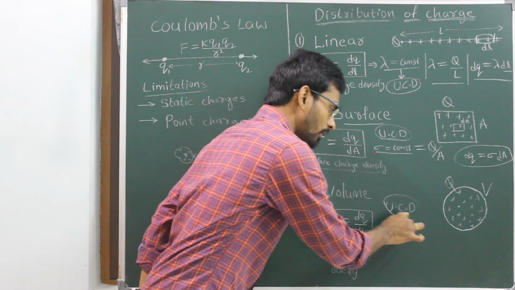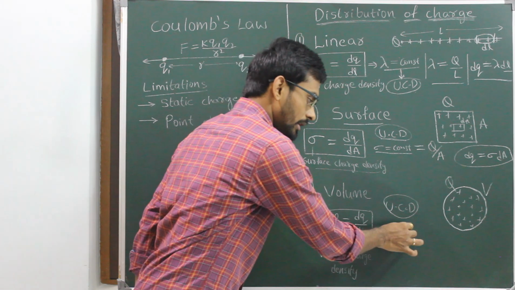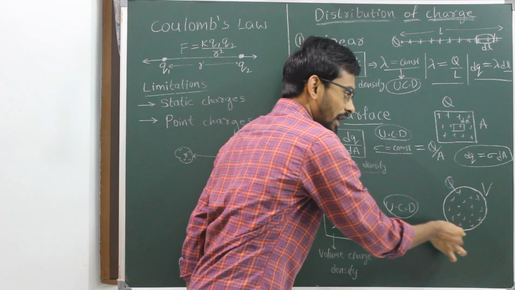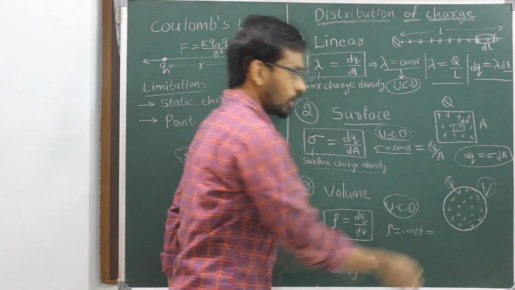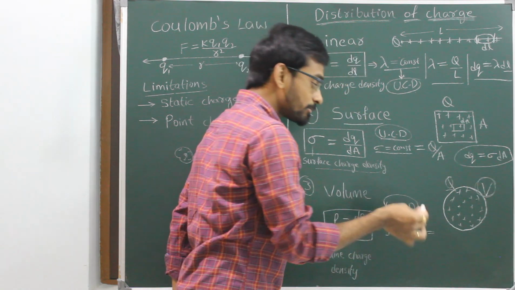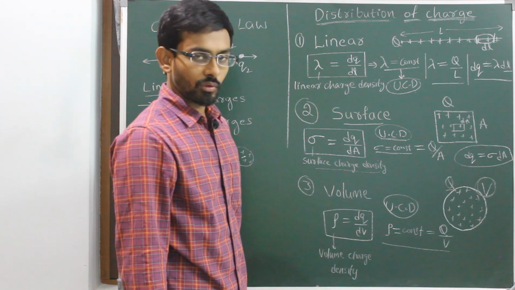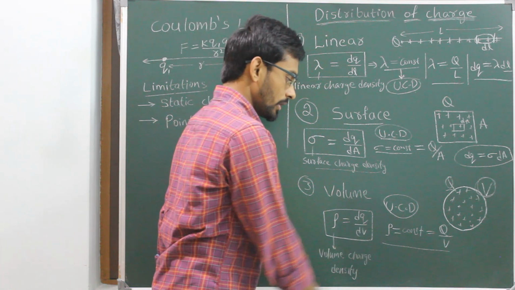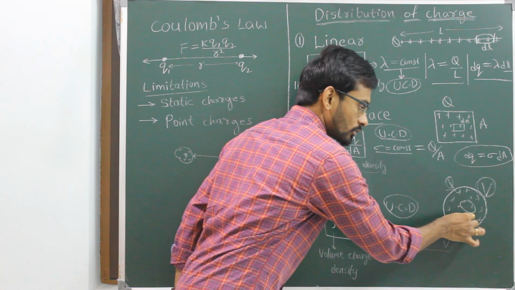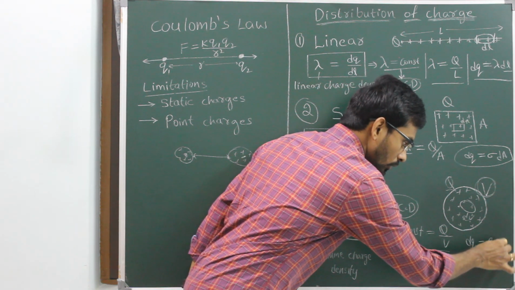Now in case of uniform charge distribution, this rho, that is volume charge density, will be constant, and its value can be given by, as we know the total charge is distributed uniformly. So we know Q charge is distributed uniformly over a volume V. So now charge per unit volume will be Q by V. So this is how we can define volume charge density in case of volume charge distribution. Once we have the volume charge density, we can find the charge over any small volume. Let us say this volume is dV. Here the charge dq is given by rho into dV.